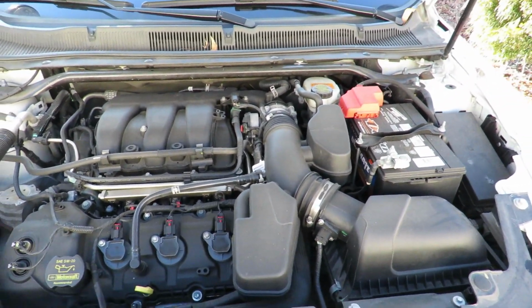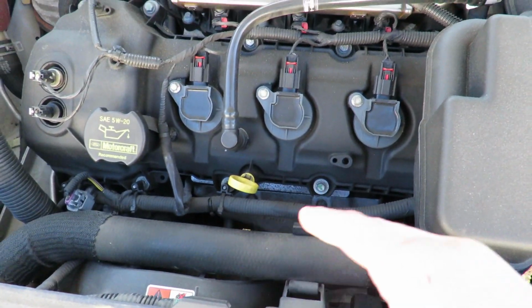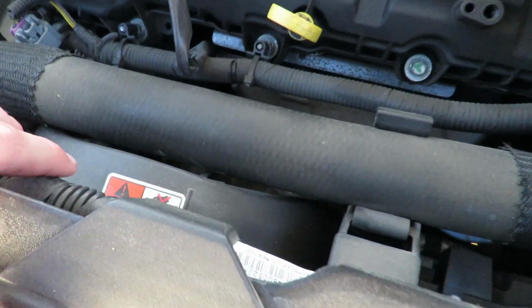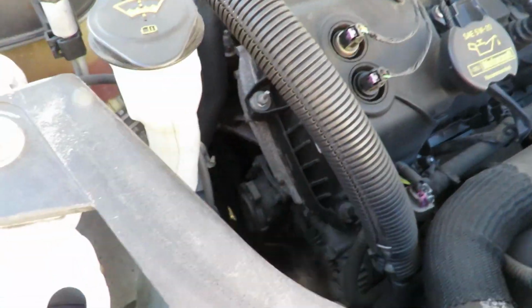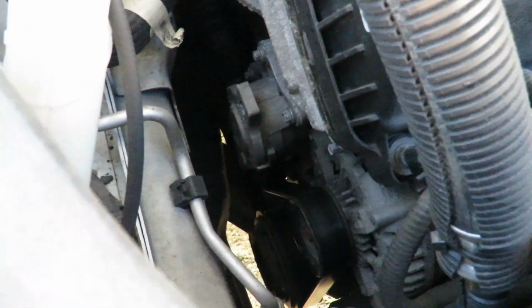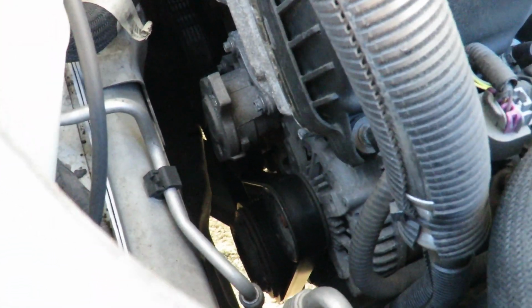Now, you guys may look at it and be like, yeah, it looks pretty normal, right? But usually in a regular car, you would have all the belts over here, but as you guys can see, you got nothing over here. Obviously, you got the radiator over here with the fan and all that. That's still tucked away into here. But if you look onto the side, let me see if I can zoom in. It's kind of going to be hard to see. There you go. There we got the belts and all that on the side of the engine,